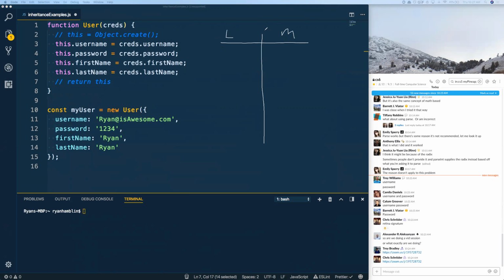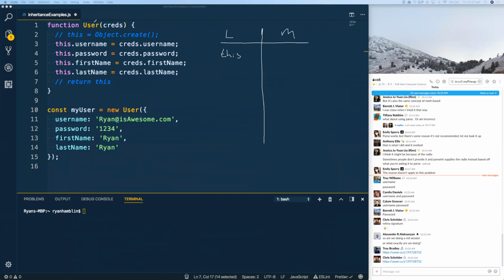And the way that Ben Nelson likes to teach about memory, what I like to think of it as, is a giant tabletop. If you have too many things on that table, you start stacking things and they're going to fall off the table, right? So there's a limit to how many things you can put on that table. And so what this actually does under the hood, when we call user, is we have the initial this keyword,